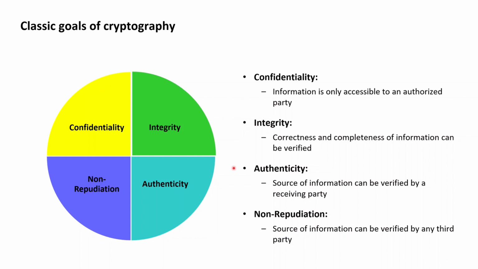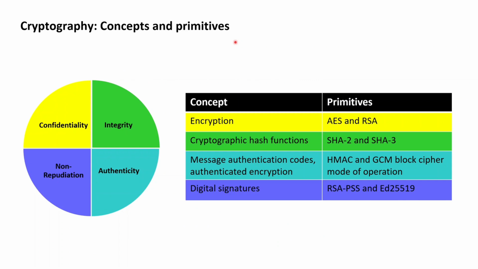by the receiving party. And non-repudiation as a security goal then demands that in a system with non-repudiation, the source of information can not only be verified by the receiving party, but that the source of information can be verified by any third party. Having now a first look into this toolbox that cryptography can be seen as, we find